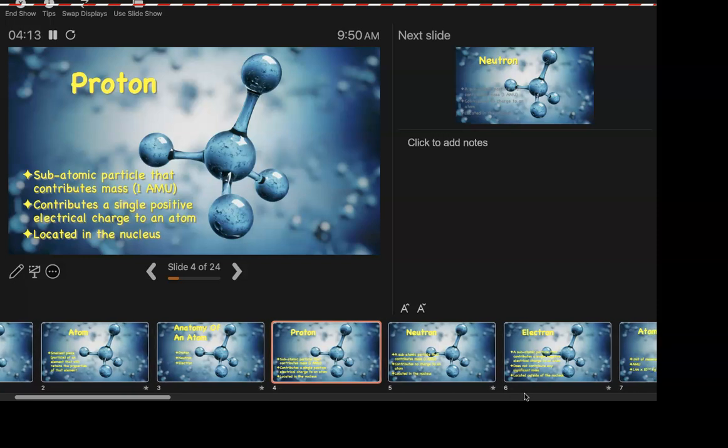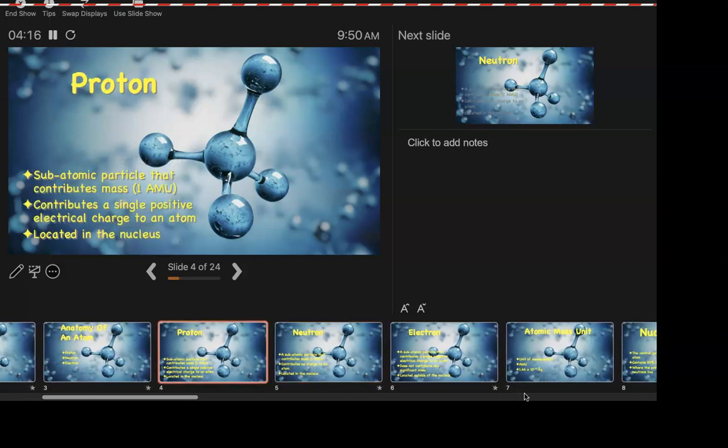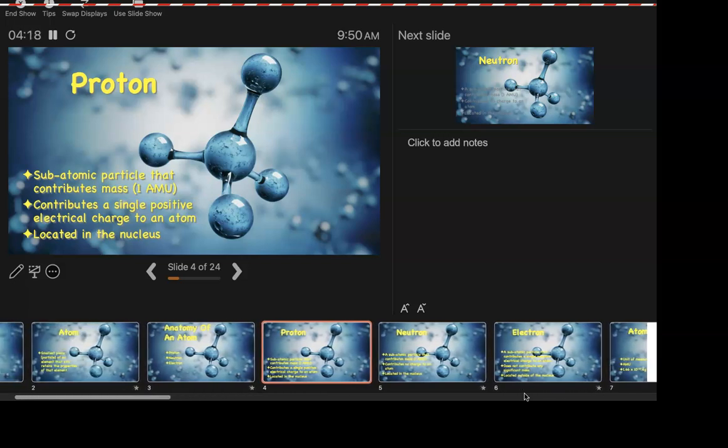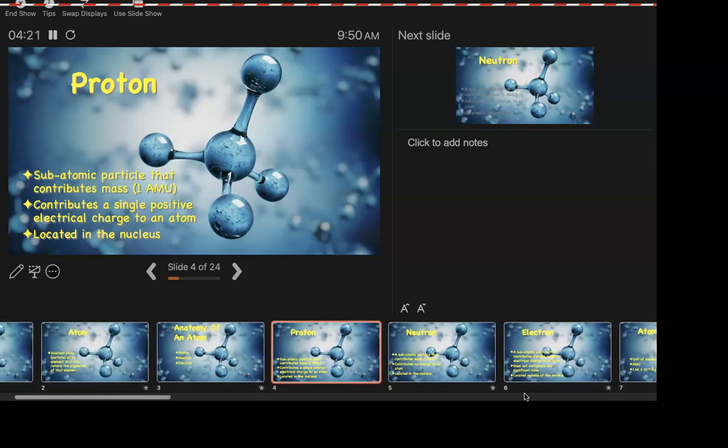So first we got the protons. Whoops, didn't mean to skip it. First we got the protons. So subatomic particle that contributes, I should have asked you this. This was supposed to be a query thing. I'm a little foggy this morning. Contributes 1 mass unit. All right, what is 1 AMU? Well, we'll see that in a couple minutes. It's not a number you need to memorize for this class. But it's really no different than a gram or a millimeter or a milliliter. It's just a unit. All right, don't be scared just because we're getting really small.